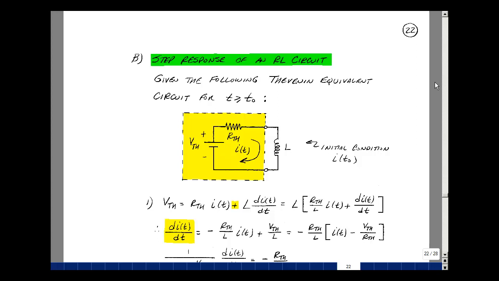This lesson deals with the step response of an RL circuit. You can find these notes in the course ebook in Chapter 5, starting on page 22. Suppose that we have a linear circuit that has a switch in it that changes state at some time t